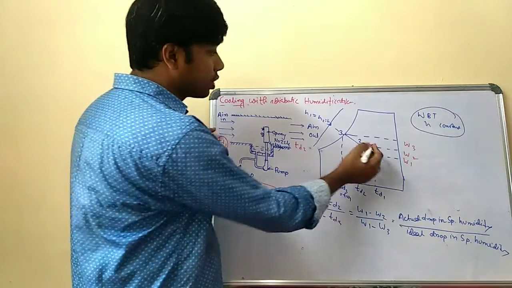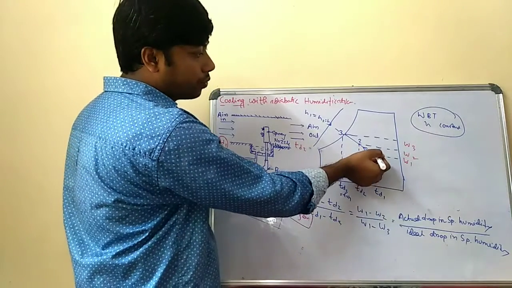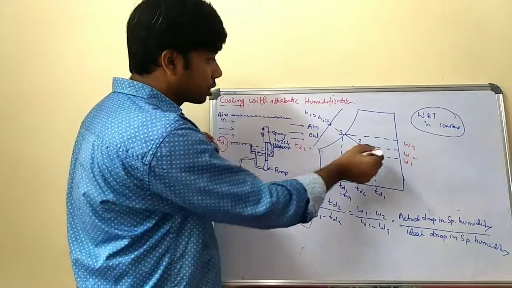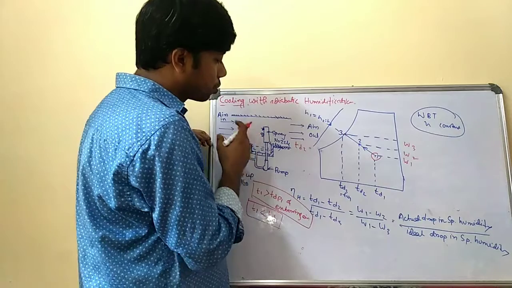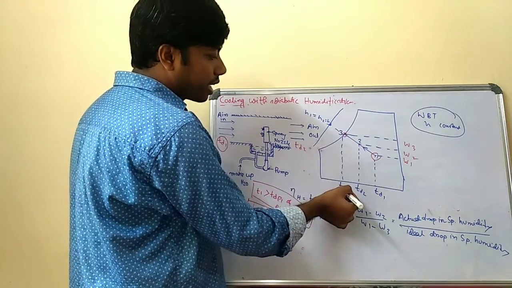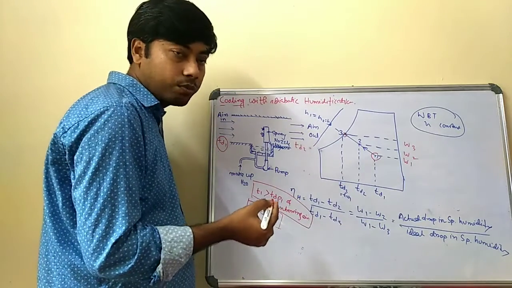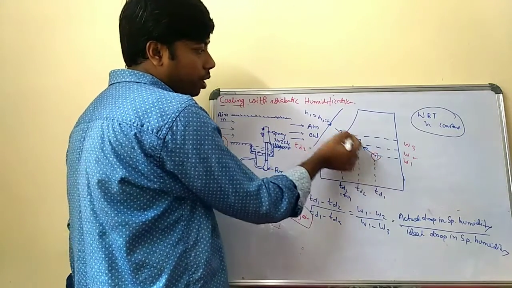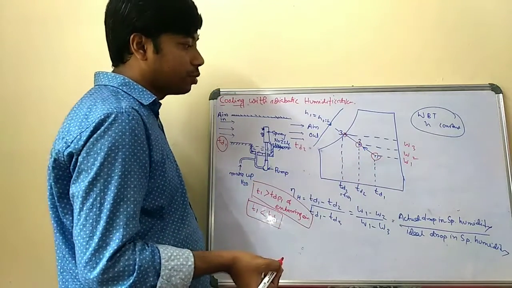Okay, now if you look into this diagram, this is the point where the air enters, with dry bulb temperature TD1 and the corresponding specific humidity W1. Now if you pass it through the spray nozzles, it will reach up to this point, that is point 3. If it is totally contacted with the spray nozzle, it reaches this point, and this point will have TD3 equal to TW1. That is not possible because there is a bypass factor, because of the inefficiency of the cooling coil. Suppose between point 1 and point 3 there is some point which is the effective point, reached in the cooling and adiabatic humidification process.